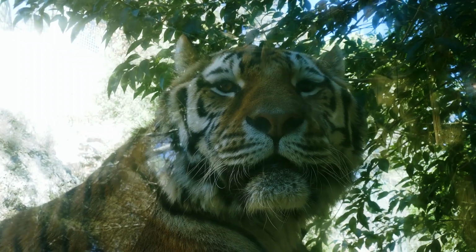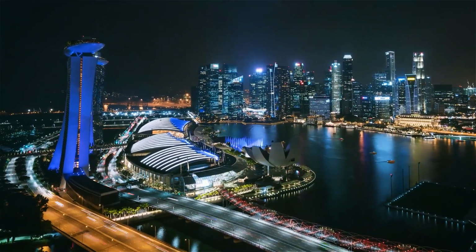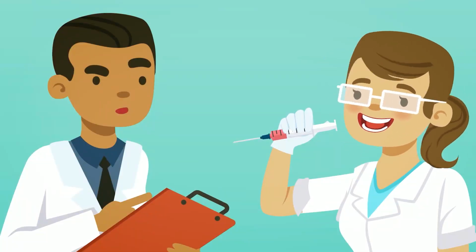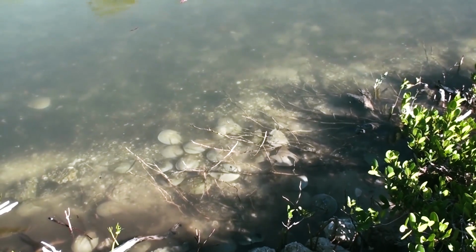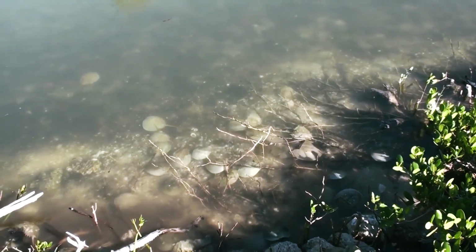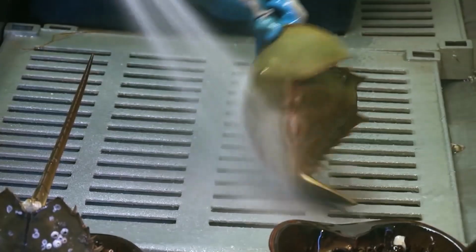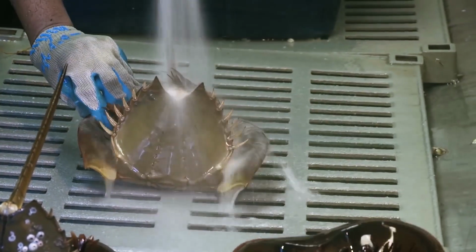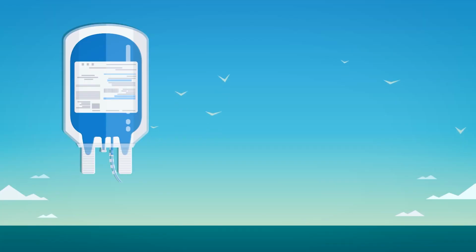In a case more specifically related to wildlife protection, Singaporean scientists have designed a synthetic substitute for horseshoe crab blood cells, which have been used in biomedical applications for decades. All four species of horseshoe crab are considered to be vulnerable by the International Union for Conservation of Nature. However, though a substitute for horseshoe crab blood has been commercially available for more than 15 years, it is yet to be